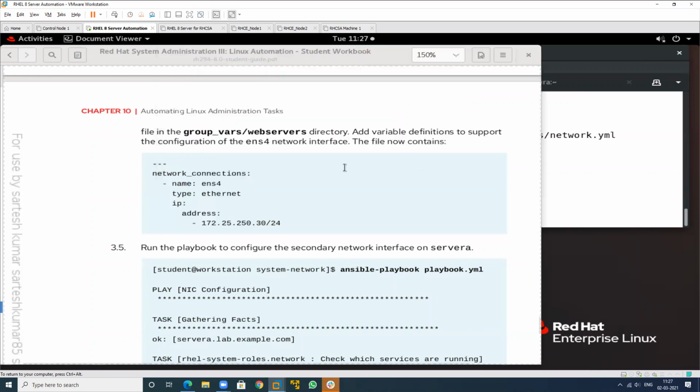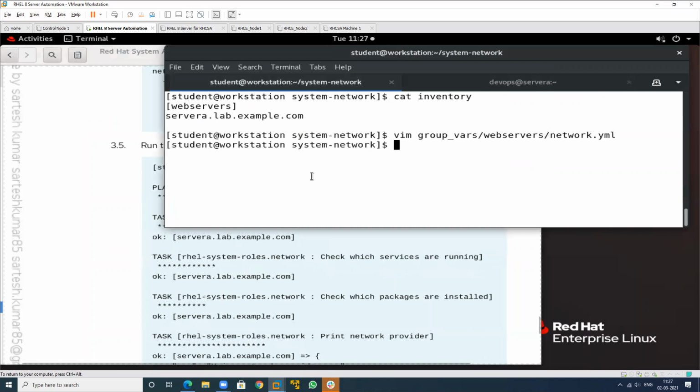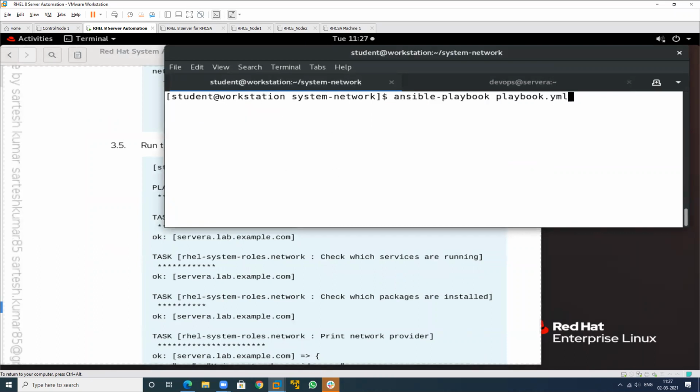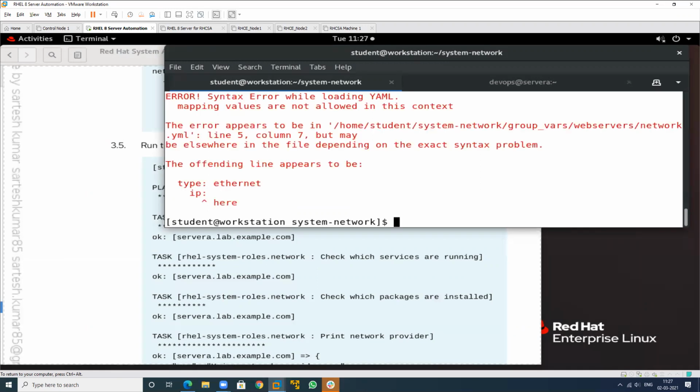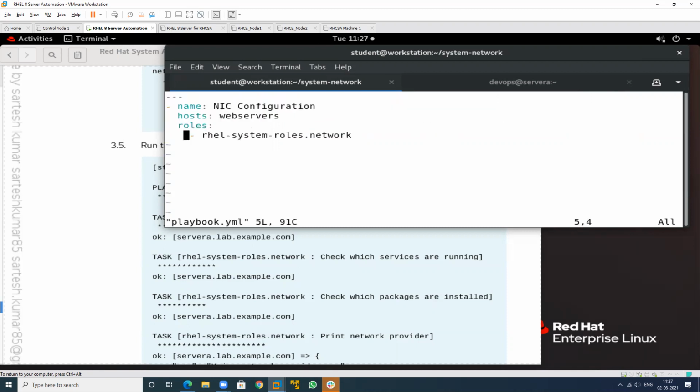Then run this playbook. Okay, we have one mistake in my playbook. What is the playbook name? Vim. Okay, there's no mistake here.